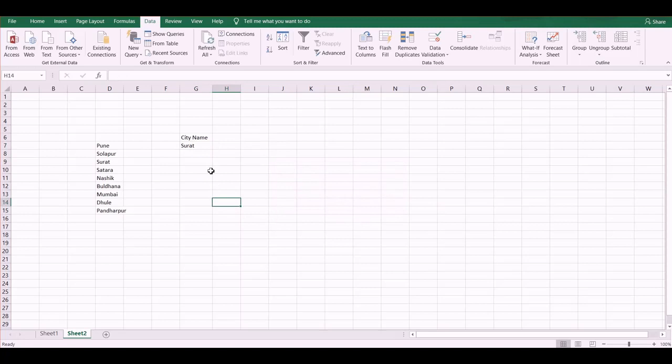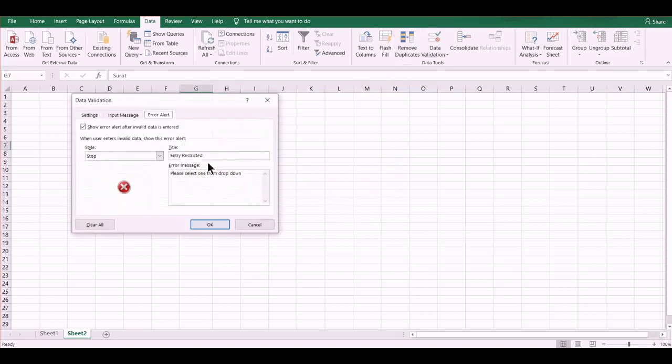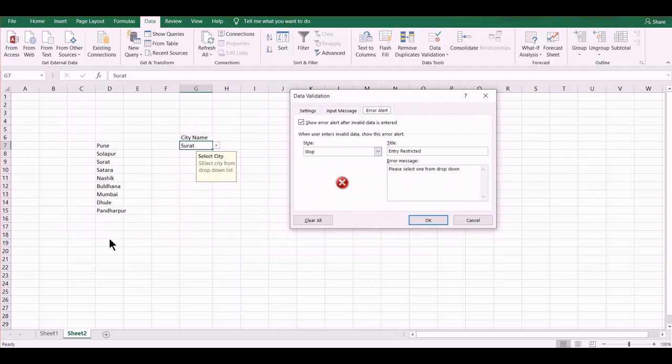If we want to allow it, suppose there are some cities that are frequently used for the data entries, and there are a few cities that are required rarely, so adding them is not good practice, or sometimes a single city needs to be added and it's not possible to add, in that case we can set it as a Warning. It will be the same warning. You can change the title and error message as required. And there is also Information. It will just inform you, and you can set the error message like, you have entered information beyond the drop down list. It can be like that.